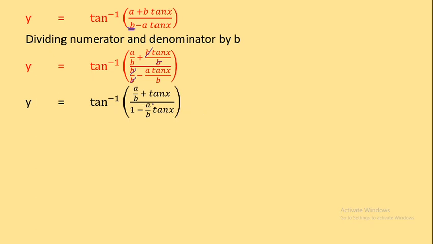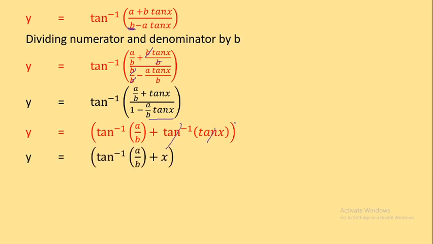So what remains is this, tan inverse a upon b plus tan x upon 1 minus a upon b tan x. And you can see here, this is the formula of tan inverse a plus b. See, a upon b plus tan x, you don't have to do anything. आता काहीच पुढे आपल्याला करायचं नाहीये. 1 minus या दोघांचं मल्टिप्लिकेशन इकडे तयारच आहे, ॲडिशन वर मल्टिप्लिकेशन खाली. So directly I can write it as y is equal to tan inverse a upon b plus tan inverse tan x. Here tan inverse and tan x gets cancelled, so next step will be y is equal to tan inverse a upon b plus x. Next, differentiate with respect to x.